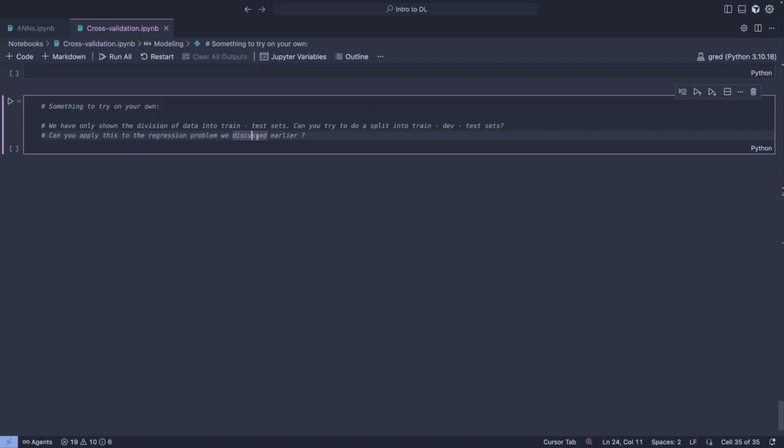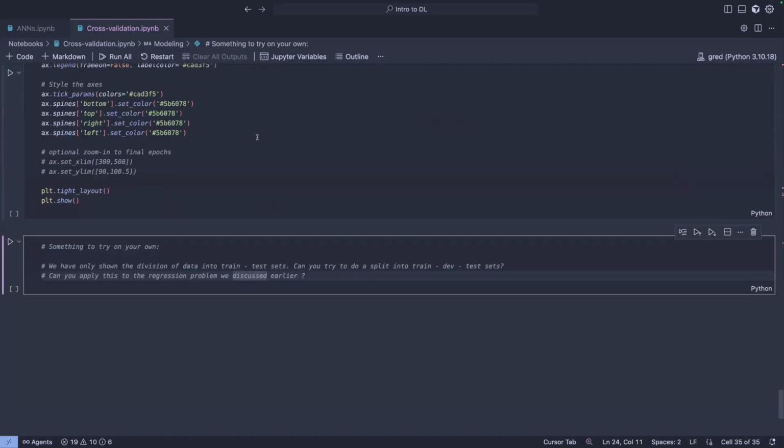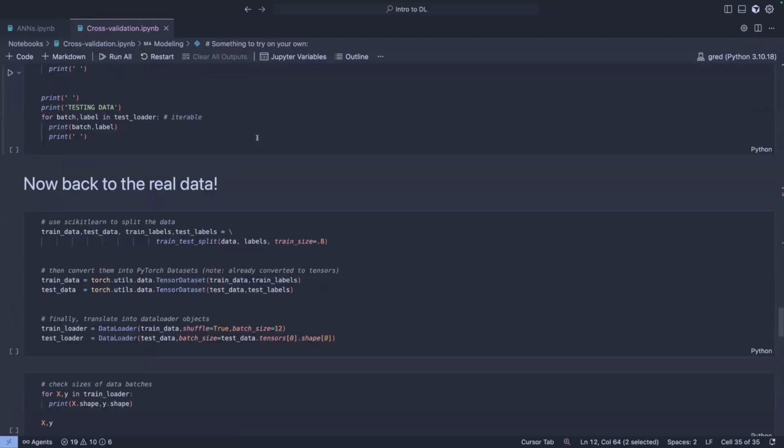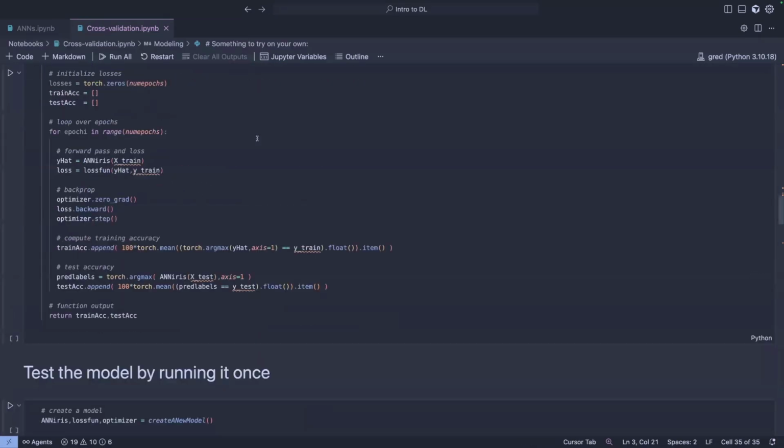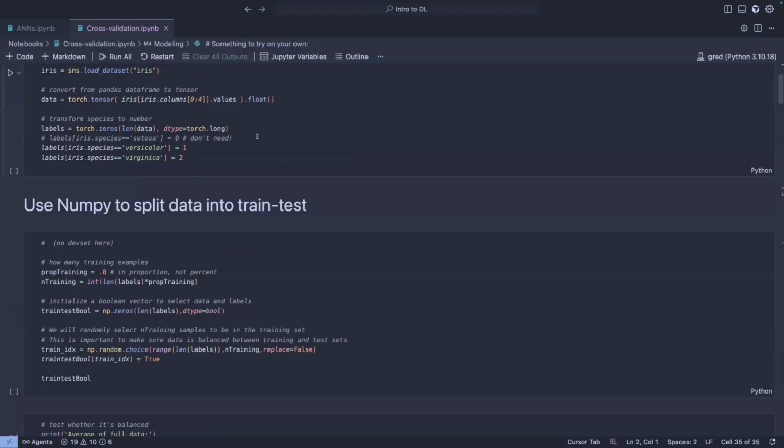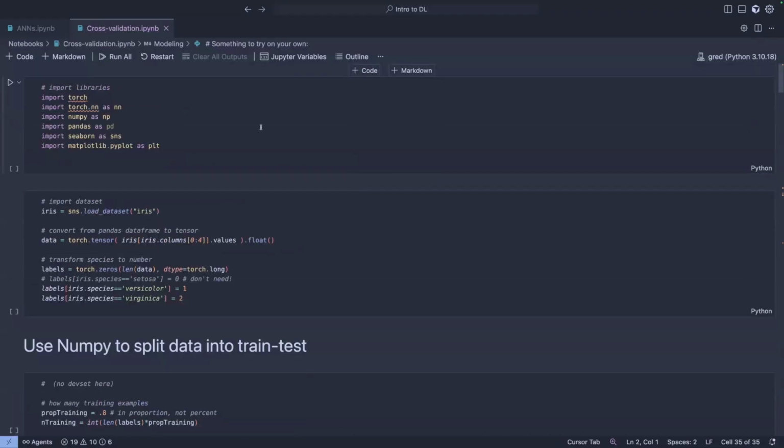This is just so that you get your hands dirty with some code. You maybe try to apply some of the stuff we learn to real world problems. You could use the same data, or you could go on something like Kaggle and find some interesting data sets to work on.